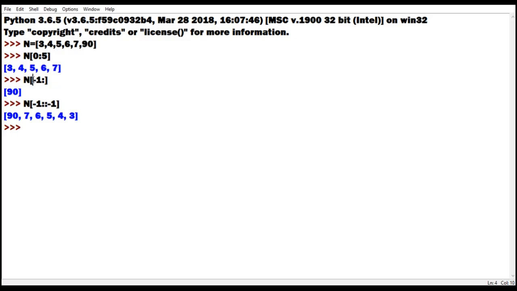As I have given only -1 and then nothing, only colon, when it tries to move ahead, by default the step value is +1, so it moves to the right direction, where no elements are left. So it has given only 90.